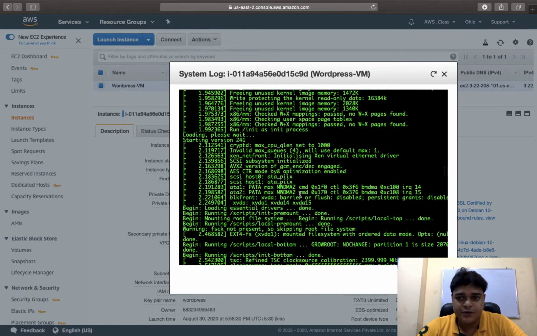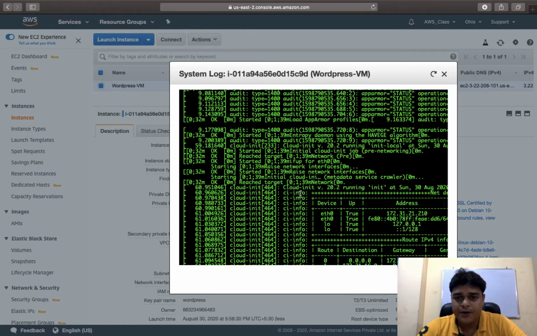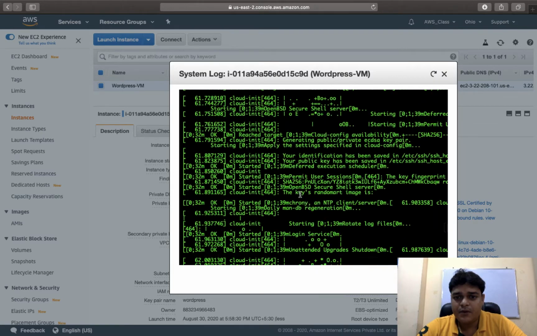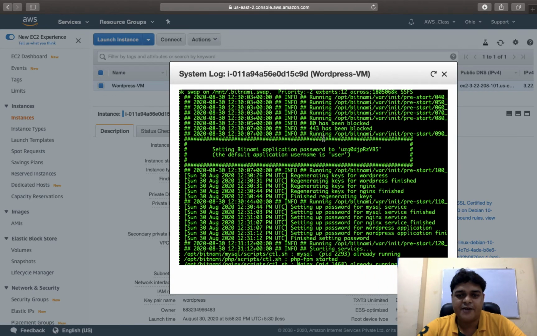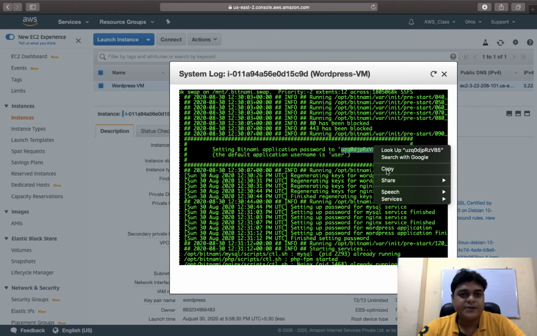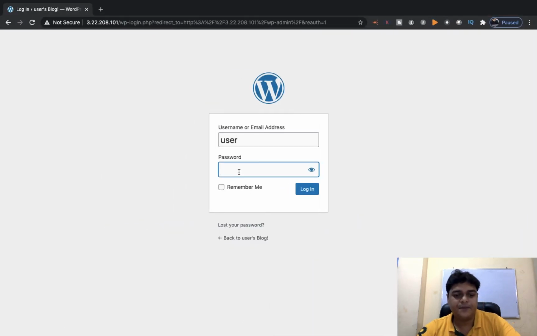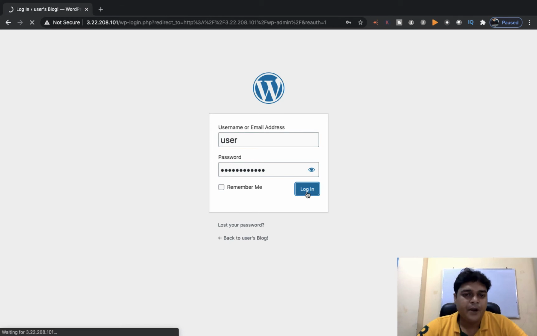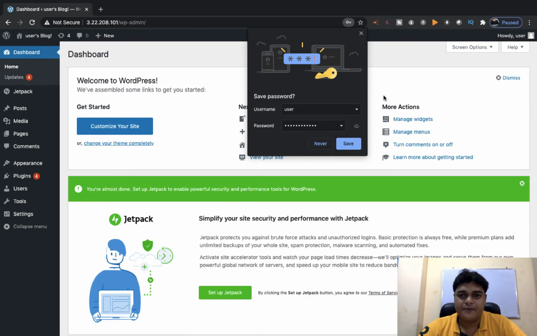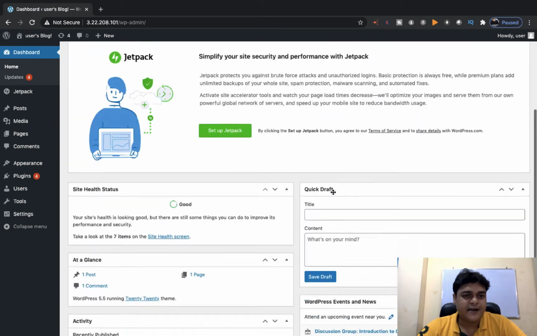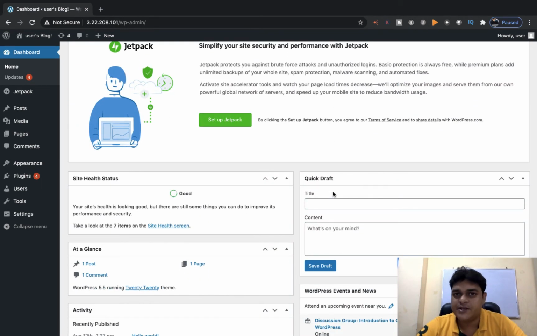So you just need to drag it, sorry, drop it, and copy the password from the hash box. This is the hash box, and it says setting Bitnami application password to this. Just copy it. This is the default password provided by AWS, and paste it here and click login. By default, username is user, and the password you need to find with the help of the virtual machine's logs detail. So guys, this is the dashboard, and by using this dashboard, you can design your own website.